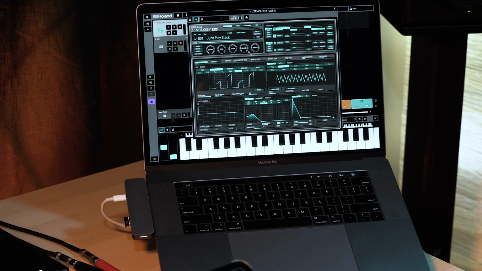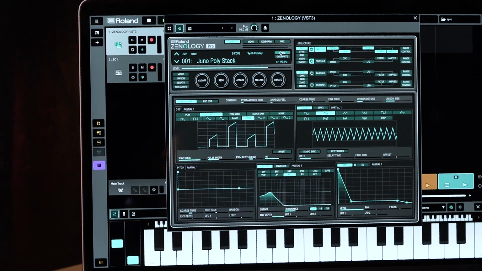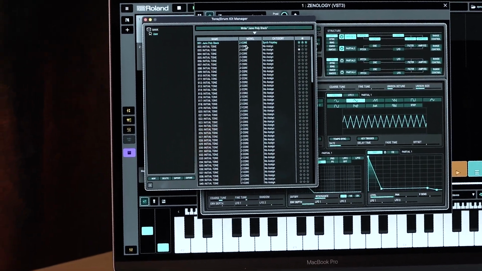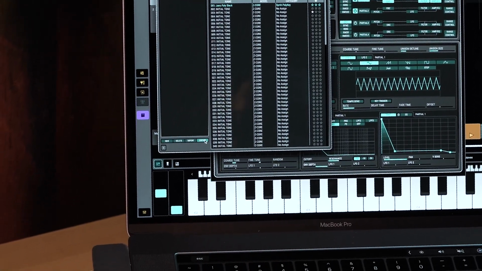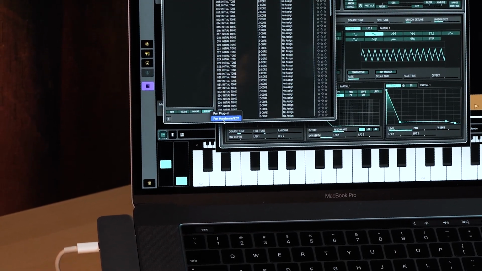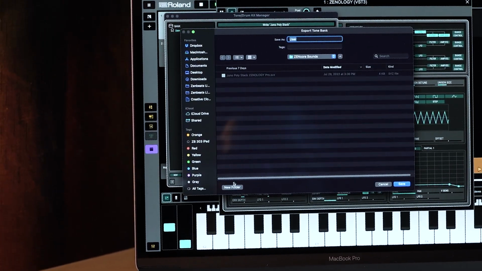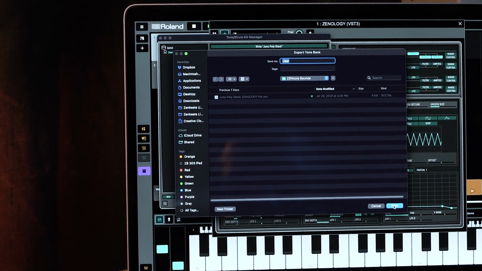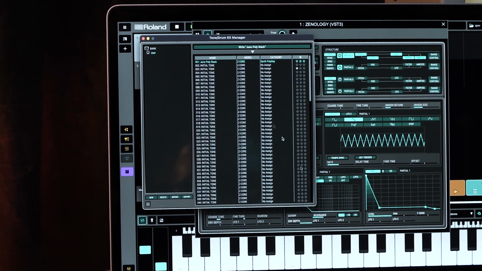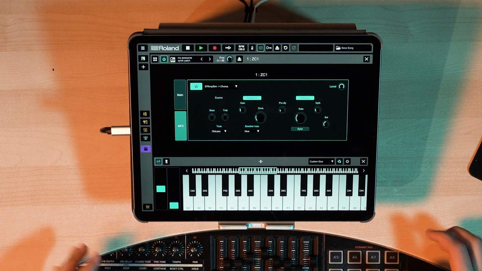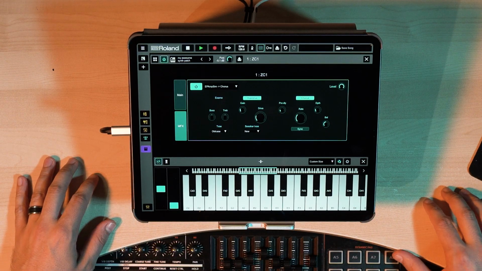If you find a sound you've liked, or maybe you've edited one in the Pro interface, if you go to Write, you can add it to your own custom bank. These banks can be exported directly for other hardware or ZC1. Let's go ahead and just select that here. I'm going to go ahead and save it to my Dropbox since it's already linked on my iPad. Now that we've got this exported, let's go ahead and load it in ZC1.